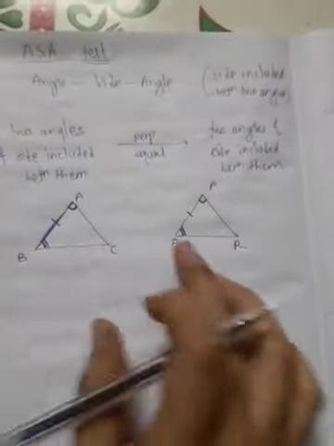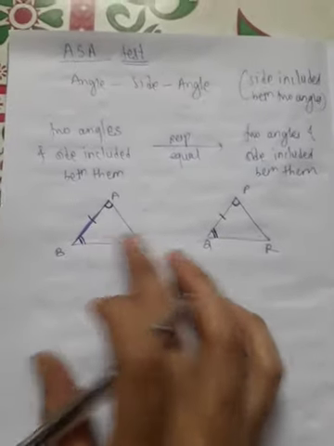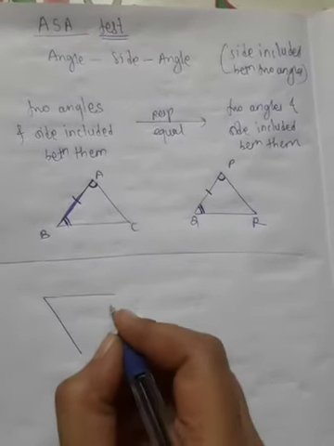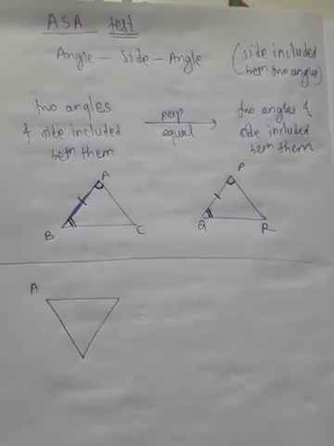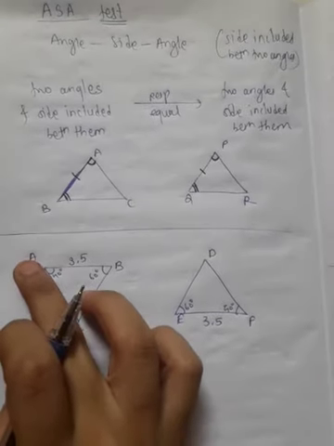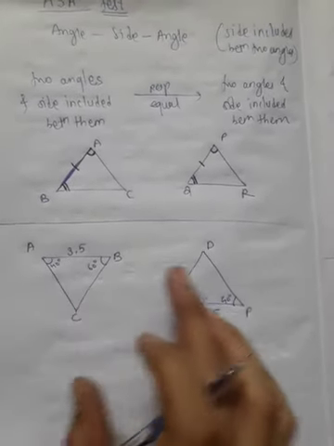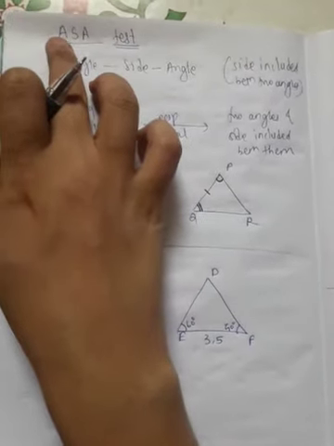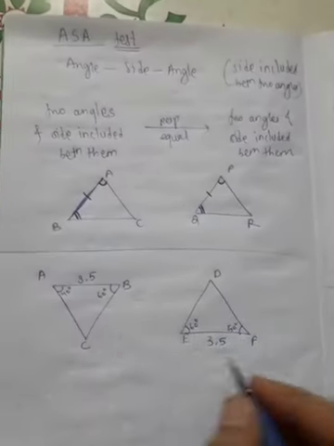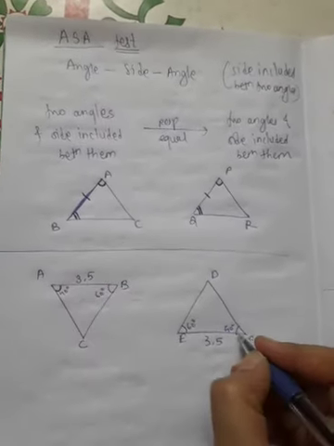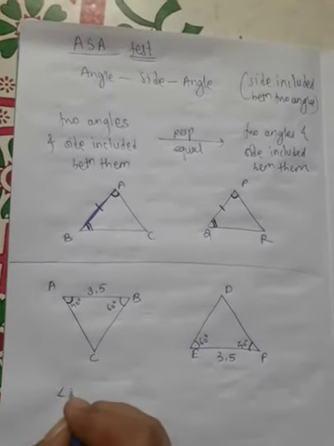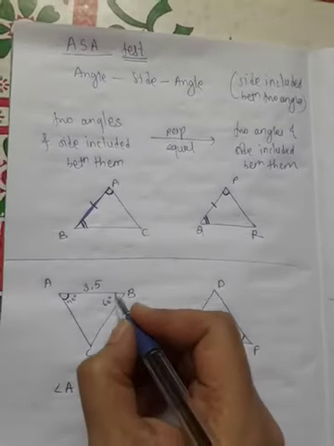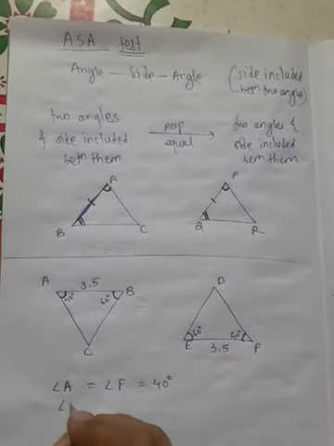Such a type of diagram you can observe. See by example, if we are given these two triangles, apply the ASA test here. ASA means see whether the two angles are equal or not. You can see that here it is 40 degree and this is 40 degree. Here two angles are the same. Angle A is equal to angle F, that is 40 degree. Also you can observe that angle B and angle E